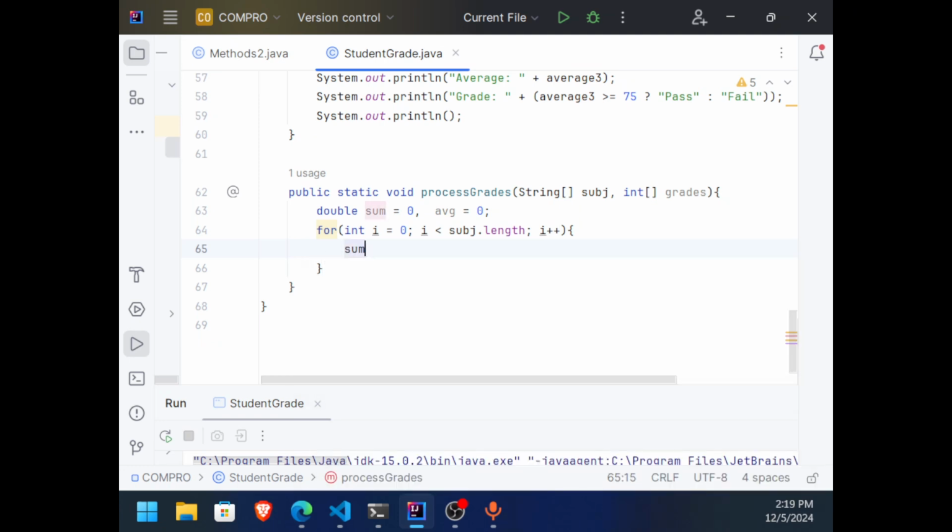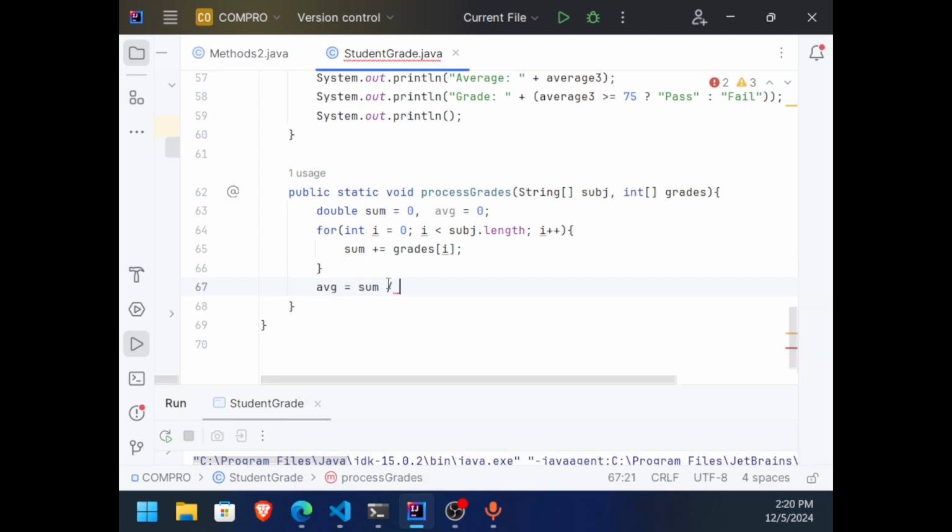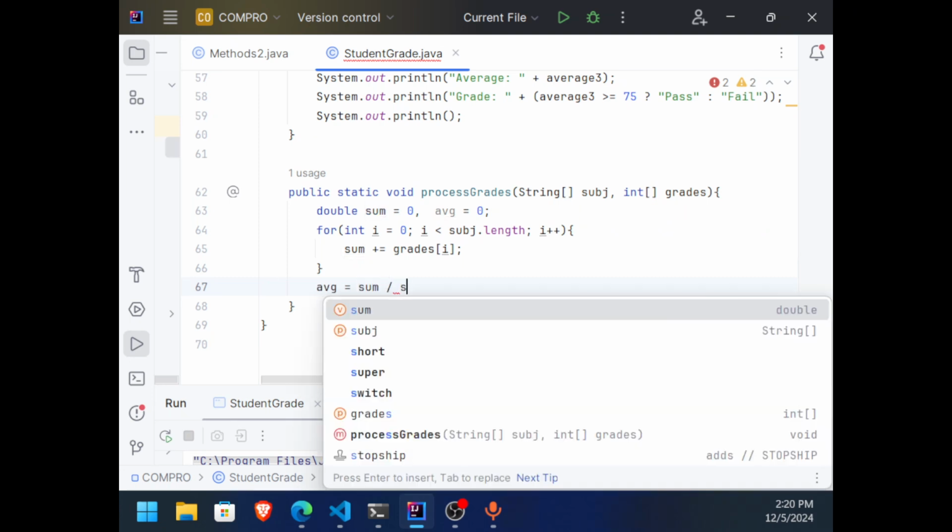Now for the sum, I'm just going to add the content of grades at index i. In other words, those three grades will go through this loop, and individually we add them to sum. Outside of this, I will get the average, which is sum divided by, what did I put here?